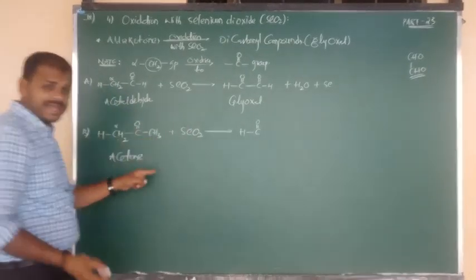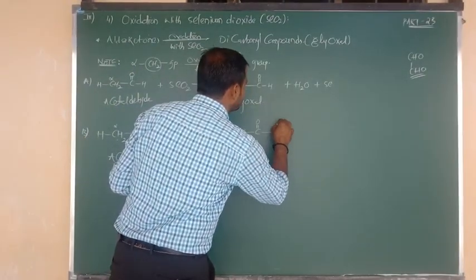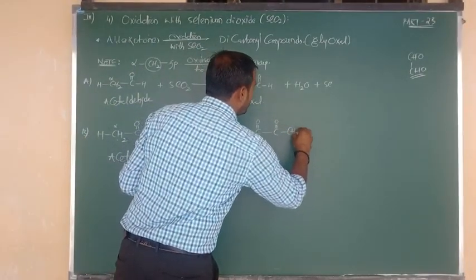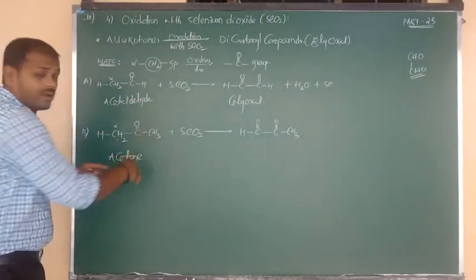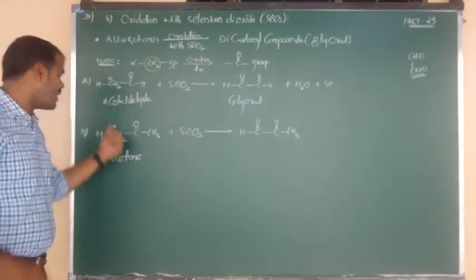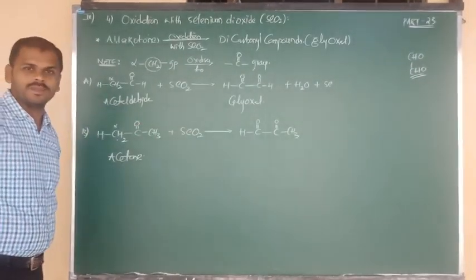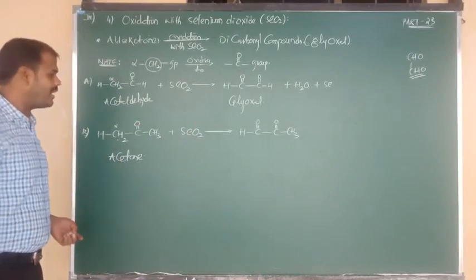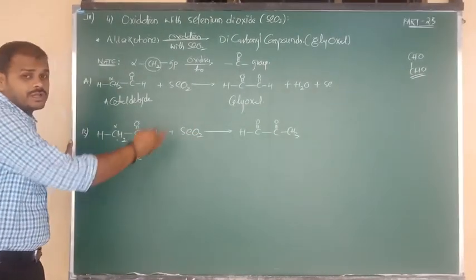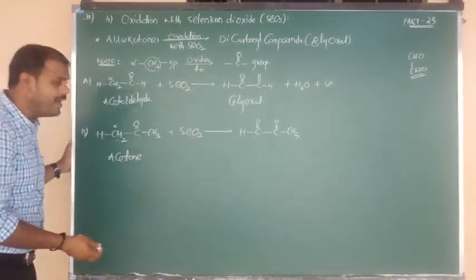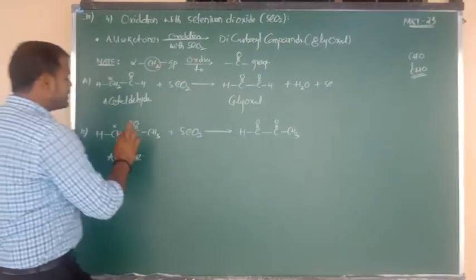The remaining C double bond O CH3, we have to write as it is, C double bond O bonded to CH3. At a time you don't need to convert both alpha CH2. Just one alpha CH2 changes into the C double bond O group. Again by using this alpha CH2 also you will get the same product. Okay? Good. So next one same thing again.